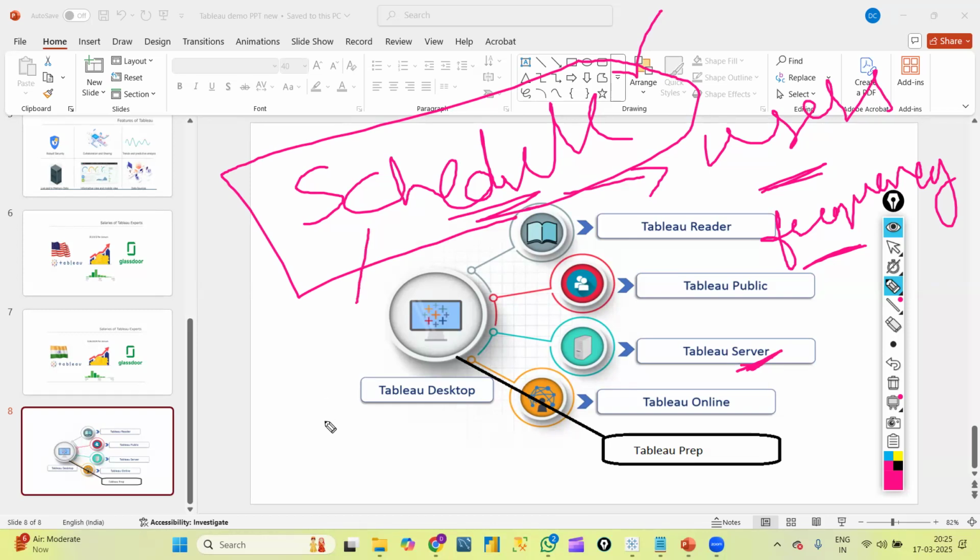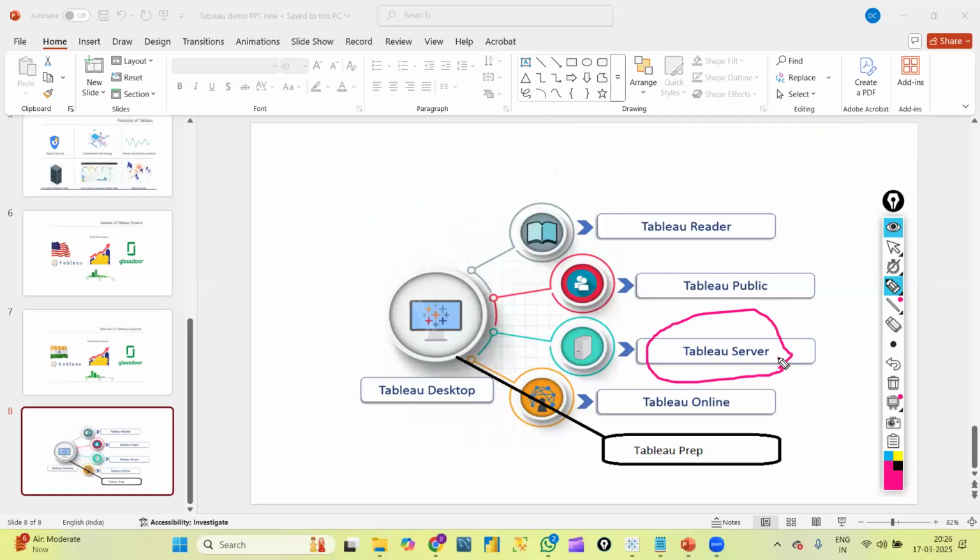Not only schedules, we will have something called alerts. We will learn everything practically in these classes. Basically, in our course, not only Tableau desktop, we will also cover Tableau server at the end, so that we definitely have at least an idea of what Tableau server looks like, what the user interface of Tableau server is, and what all the options we have. For that reason, I included Tableau server also as a part of our course. Okay, next